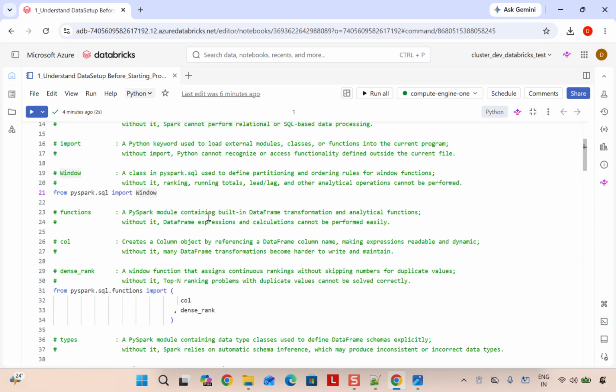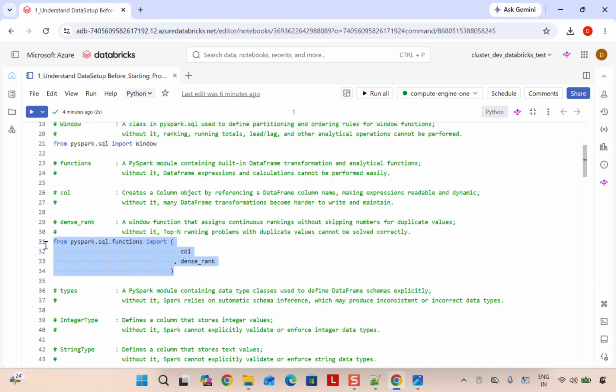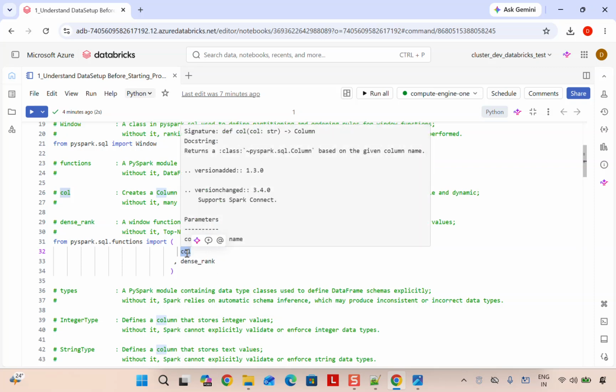So now if you come to this import statement, here we are trying to import the functionalities, whatever functions that we are trying to import. Here, column: create a column object by referring a data frame column name, making expressions readable and dynamic, right? So here basically it is going to refer to a particular column in a data frame. For that, we are importing this so that we will be able to leverage the functionality of these column functions,